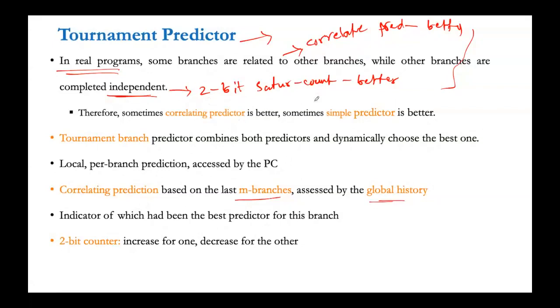Okay. So with this tournament predictor, I would like to stop the session. In the next class, we'll discuss the other speculative execution mechanism, that is memory disambiguation. With this, I would like to